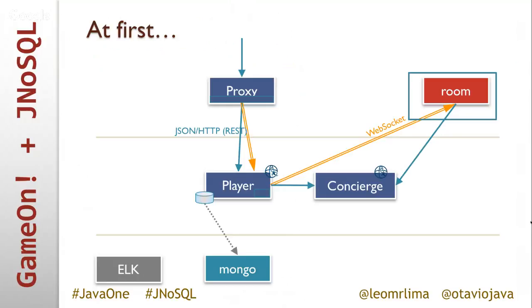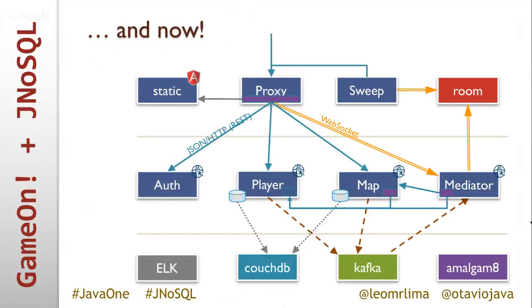And also there's three microservices maintained by the infrastructure team, which is a proxy, player, and concierge. And they were using OutStack for logs and all that monitoring that they had on the services, and also writing stuff down to MongoDB. And then really pretty soon it evolved to something more complex.